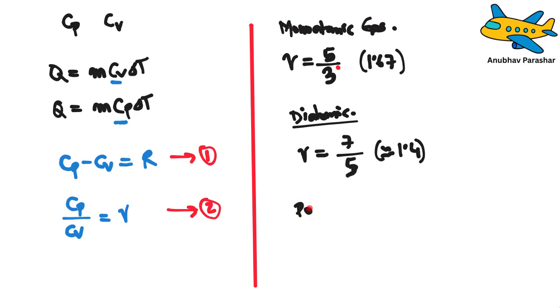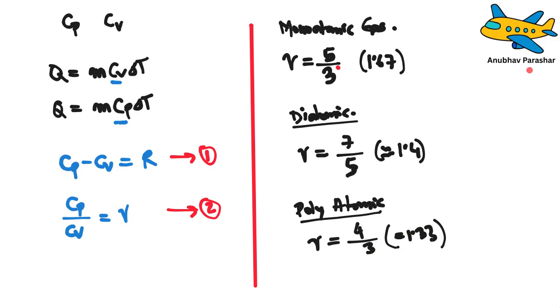And for polyatomic gases, right, the value of gamma is equal to 4 divided by 3. Right? This is from kinetic theory of gases. Everything that you are studying is from kinetic theory of gases. That is equal to 1.33. So this is as per kinetic theory of gases. Everything that is written here, from Cp, this and this, is from kinetic theory of gases. So having understood this, let us move on to the third thing